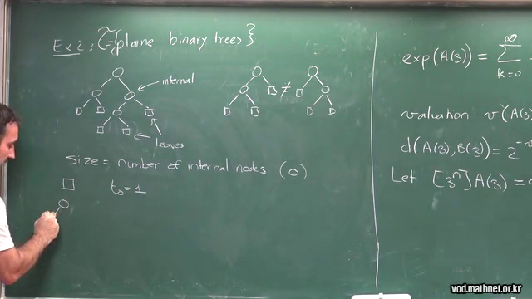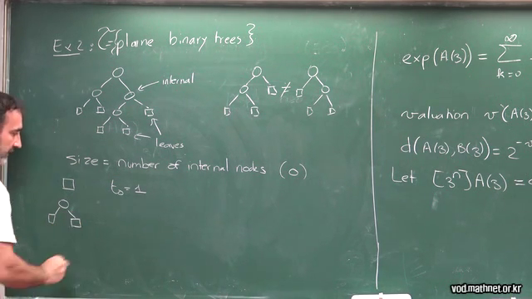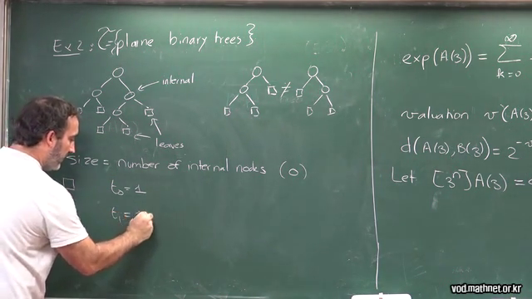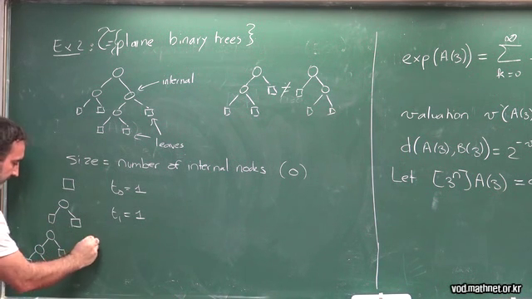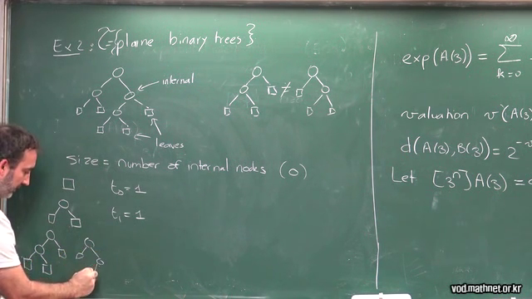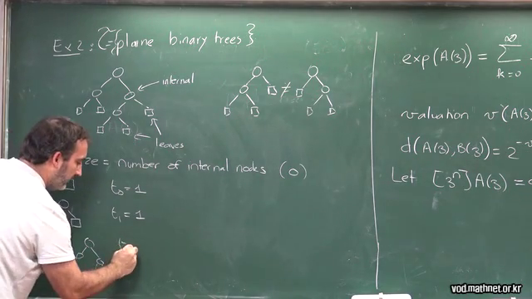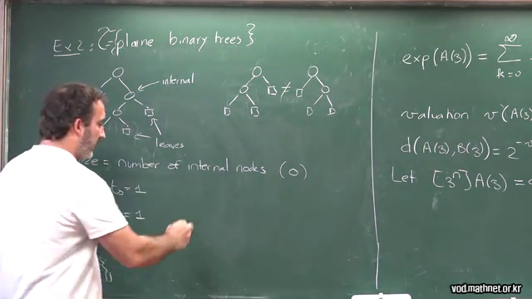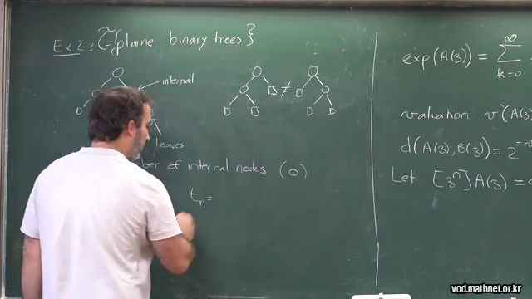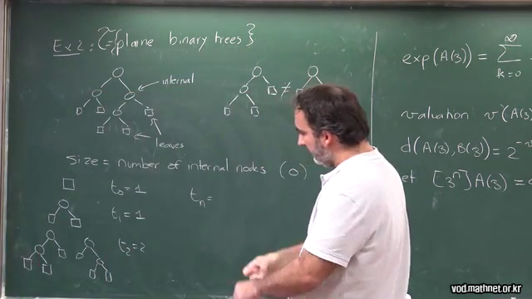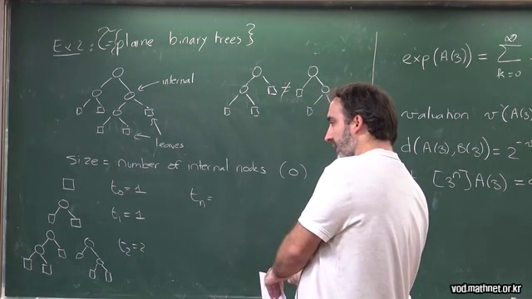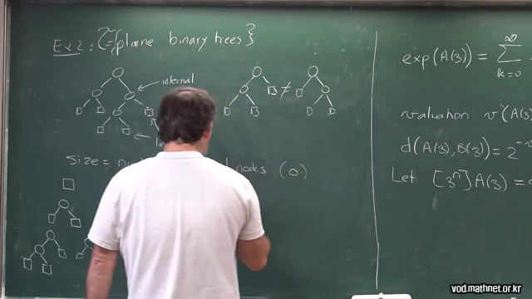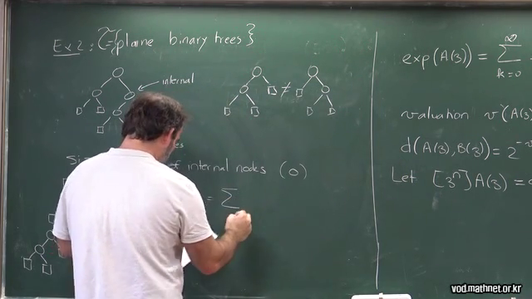If you have one internal node, then the only possible tree is this one. So T1 equals 1. And if you have two, there are two possibilities, which are this one there. So T2 equals 2, and in fact it's easy to see that Tn, well, you have a root, and then you have something of size k on the left and of size n minus 1 minus k on the right. So it's some